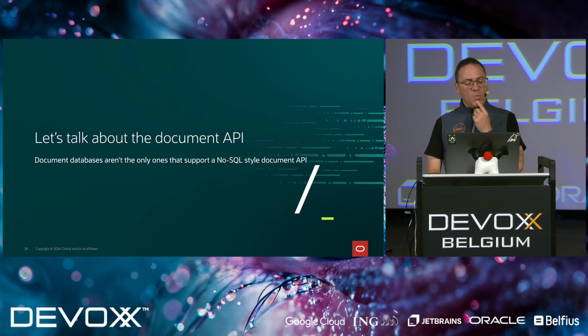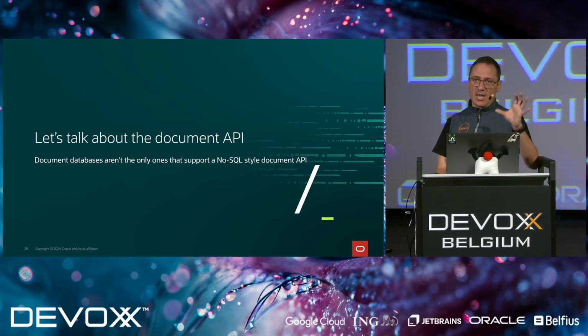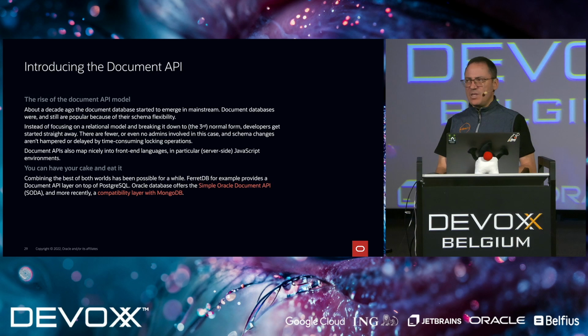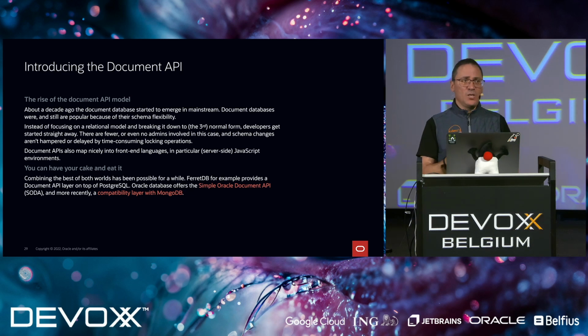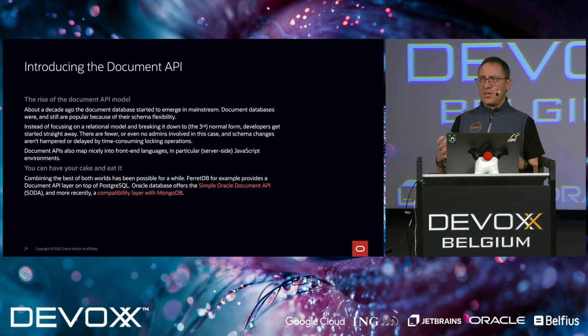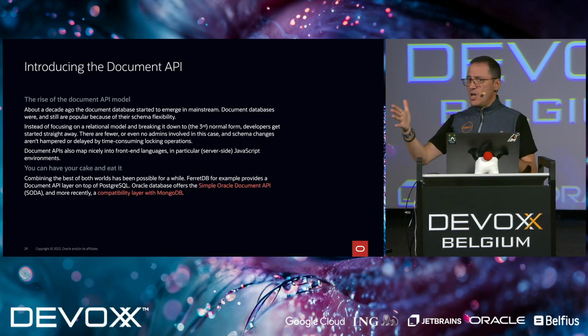Anyway, moving on into Document API, we now think, yes, it's a good idea to store JSON in the database. We know we can use different data types within a relational table, whether it's varchar, CLOB, BLOB, or the explicit JSON data type. So once we're dealing with JSON inside our relational tables, we can have access to it in a couple of ways. You can use standard JSON queries. You can use JSON collections. You can use document APIs. Again, all these different vendors will give you access to similar ways to query these things.